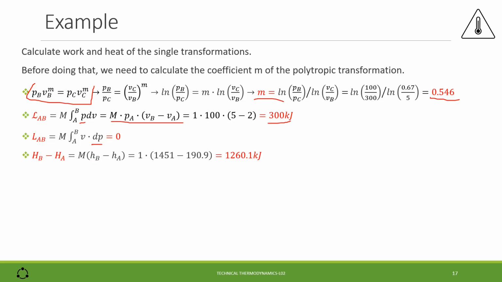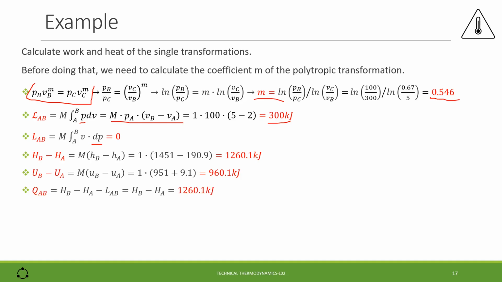The differential enthalpy is the product of the mass and the differential specific enthalpy. We find 1260.1 kJ. Similar formula for the internal energy, also the mass into the differential specific internal energy, that is